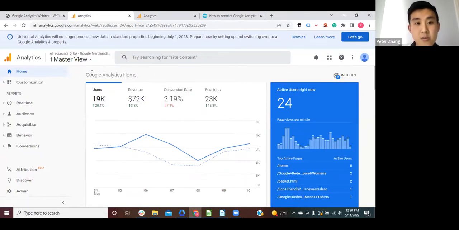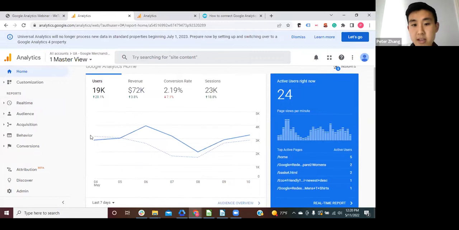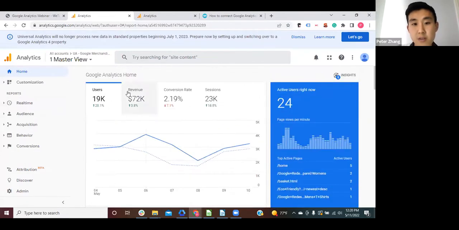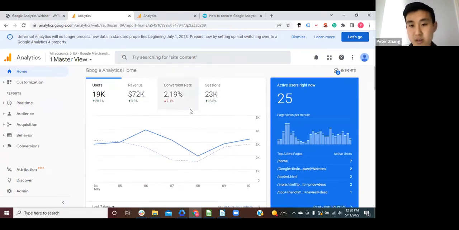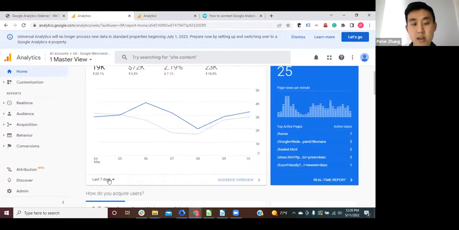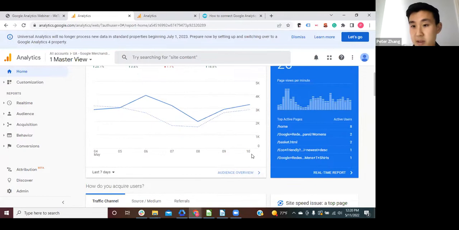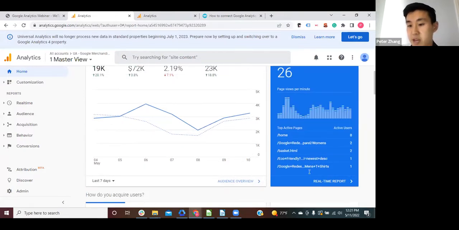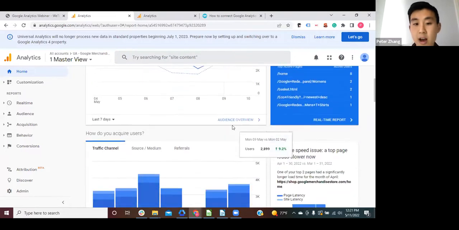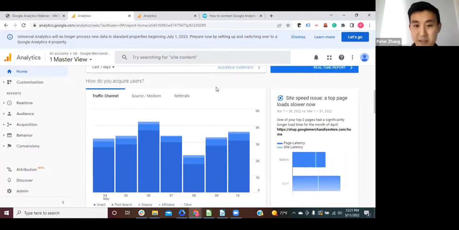Google actually provides a demo account that anyone can access. It has plenty of data for us to look at. And so we're looking at the home section right now. In this section, what we'll see is an overview of people visiting your site. These are top level metrics with some comparison data, which you can access in any report as well. Here it's tracking for the last 7 days. And this button, as I said, would bring you to the audience overview. But you can see top pages people are visiting, which links to the real-time report. And additionally, if you keep scrolling down, you'll find more and more information.